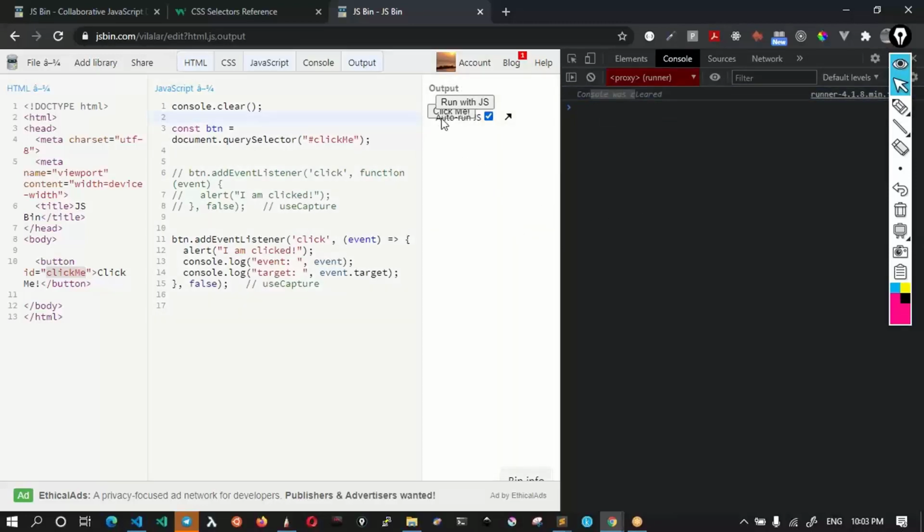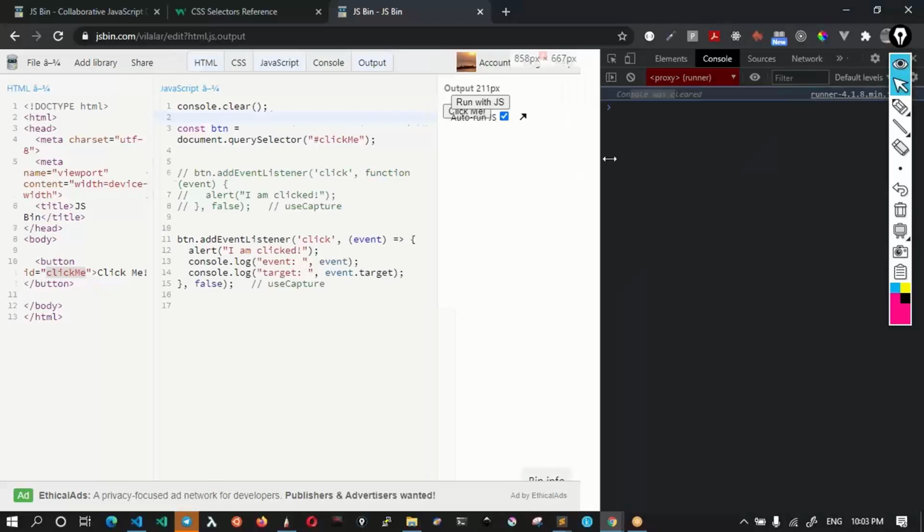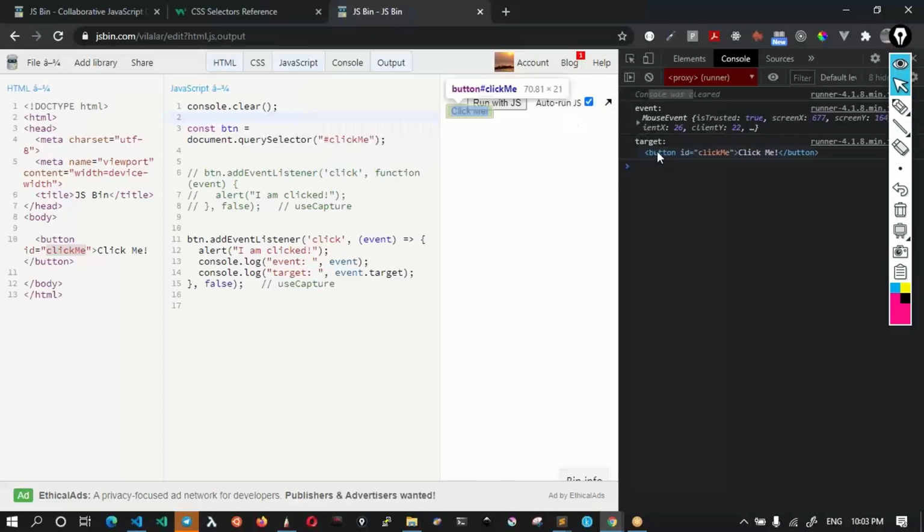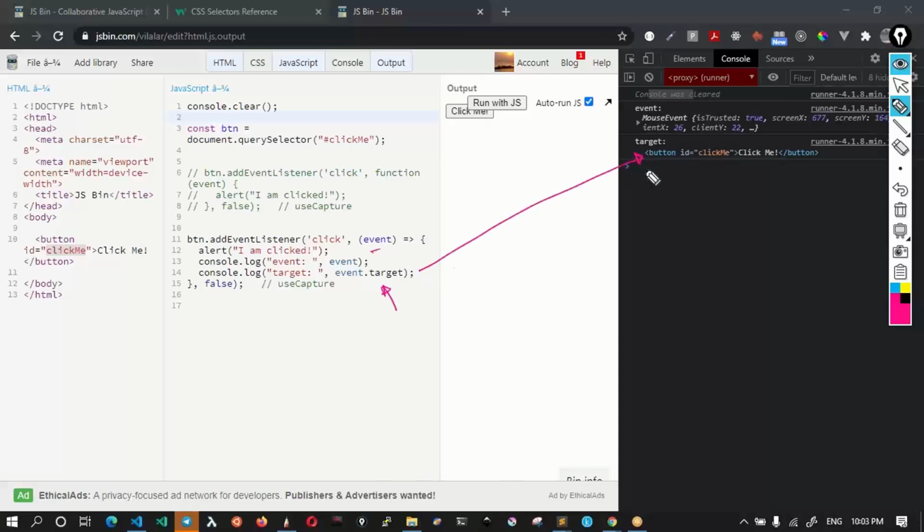Now, when I click on this click me button here, okay, you will see the target is actually pointing to the button. Okay, this is a very important point to understand. So when you grab this event object and you are taking a look at what was the target, where did this event happen, right? It actually points to button, and that's very true, right? Because the event happened on this button, and this button is nothing but the button that is present in the HTML page. Okay, but this property is very, very important. I mean, and we will make use of this property eventually. So keep this point in mind.